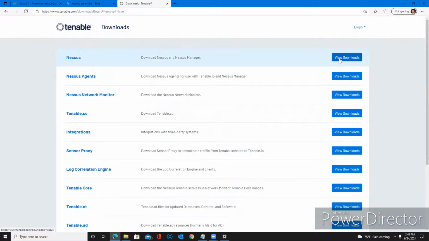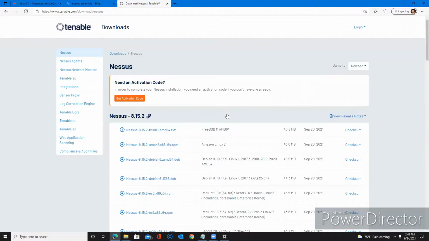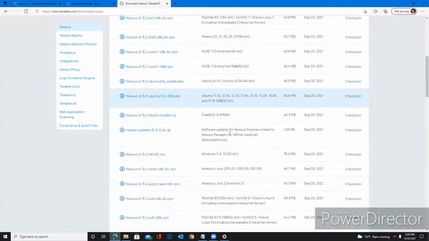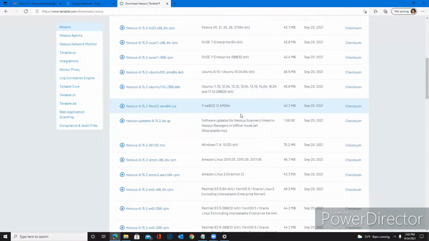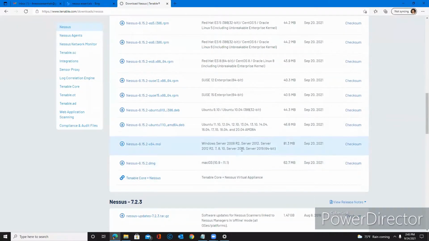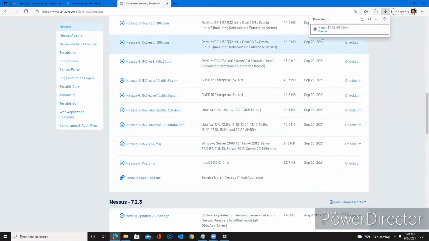Select View Downloads and look for Windows. Depends on your type of architecture. I am on 64-bit. Once you download it, open the file,